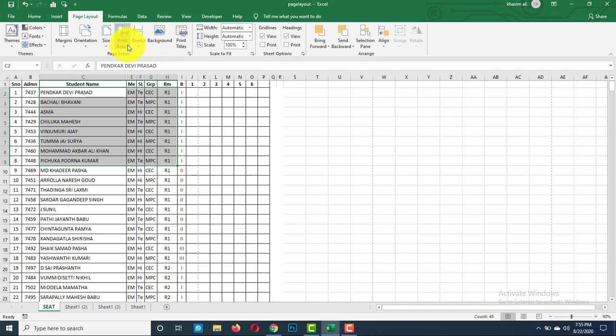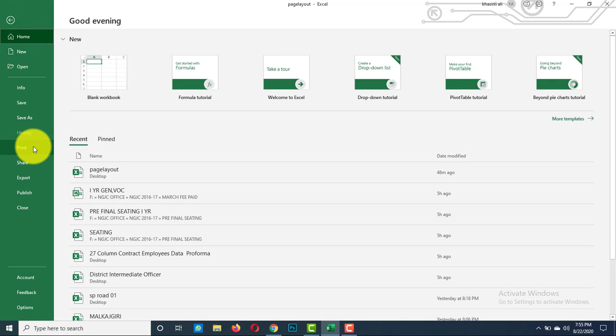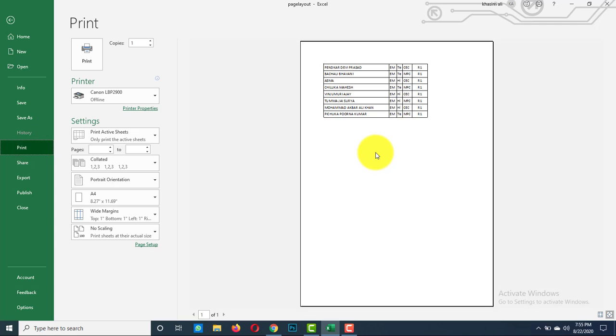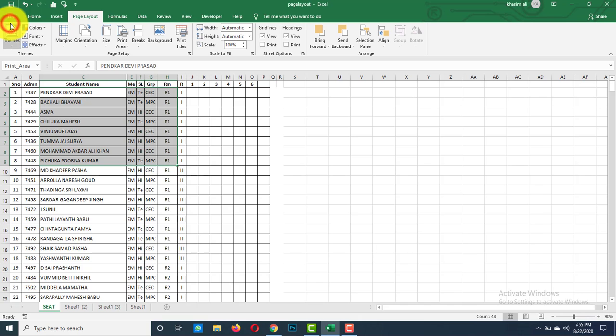After that, go to print area and here set print area. Click on set print area. Now see in print preview whether it is printed the selection or the entire page. It prints only the selected area instead of printing the entire worksheet. Now come back. You can remove your print areas by clicking clear print area option. A print area is one or more ranges of cells that you designate to print when you don't want to print the entire worksheet.